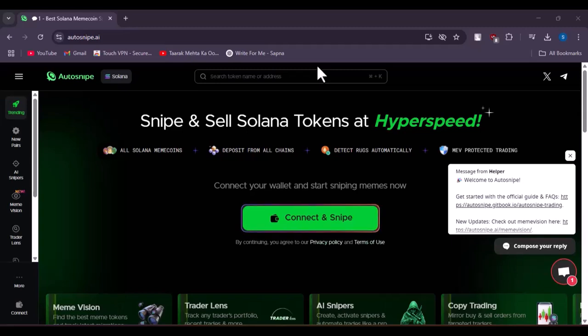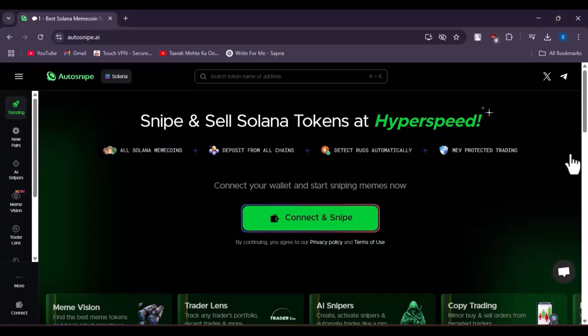Let's get started. So to do that, it's very easy on the Autosnipe website. First thing, you simply have to access your browser and then type in autosnipe.ai's official website. You will land over here, and once you're over here, all you gotta do is simply tap on the option